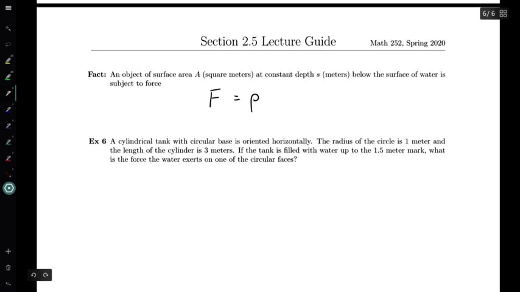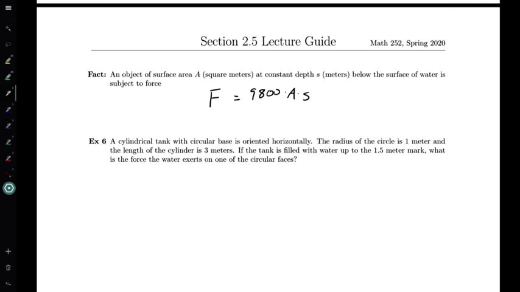F equals rho, except rho here we know what it is, it's 9,800. 9,800 times A times s. So if you know the surface area of your object, you know the depth of your object, and that depth is constant, then you can just multiply 9,800 by your area, by your depth, and you know how much force the water is applying to that